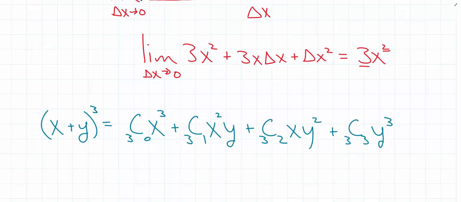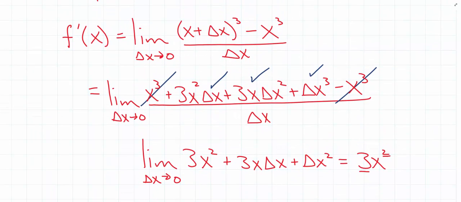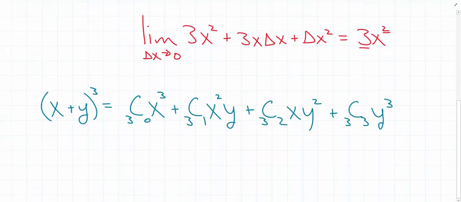Okay. Now, here's the thing. I don't want to go into it very much, but you can see that the first term is going to cancel when we were using the difference quotient on the derivative. We also know that the second term in our expansion is always going to be 1 power less than we began with, right? So if we had an x cubed, the next term would have an x squared in it, the next term an x, and so forth. If we start off with x to the fifth, the next term would be x to the fourth, right? So you can see that always in our little expansion here,